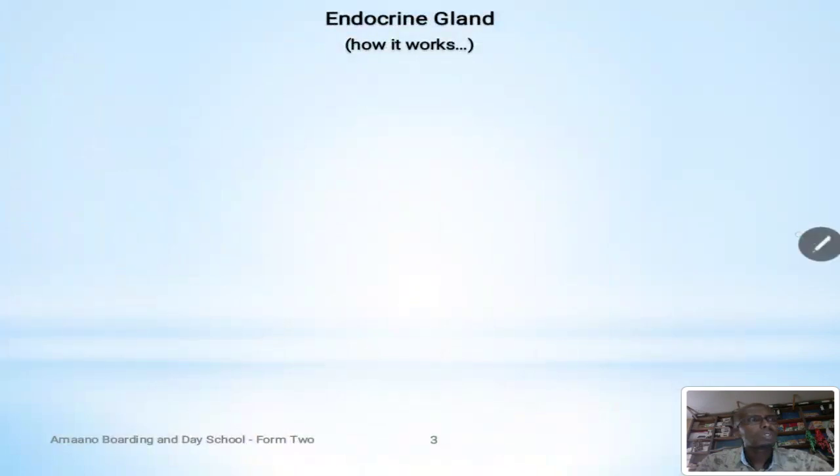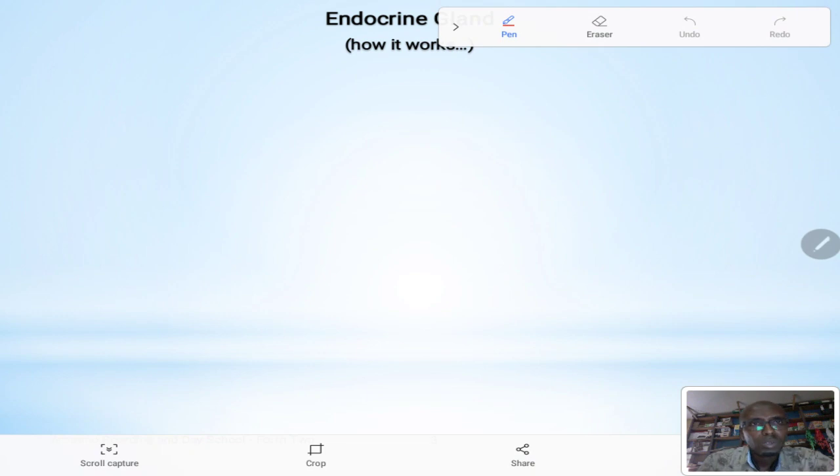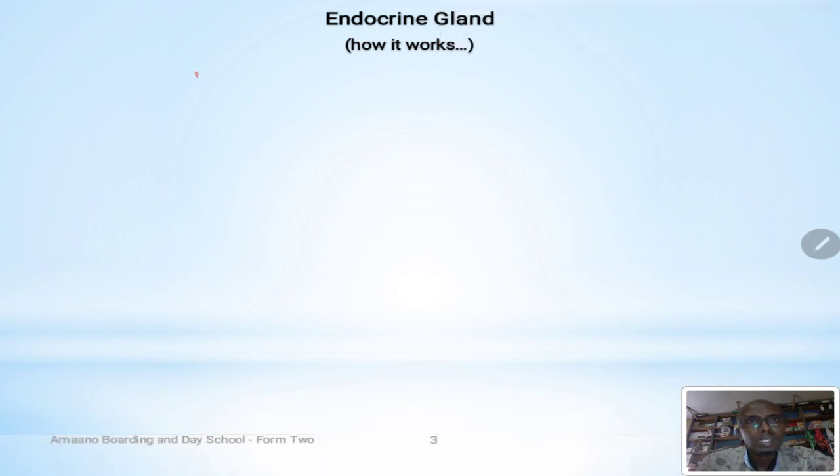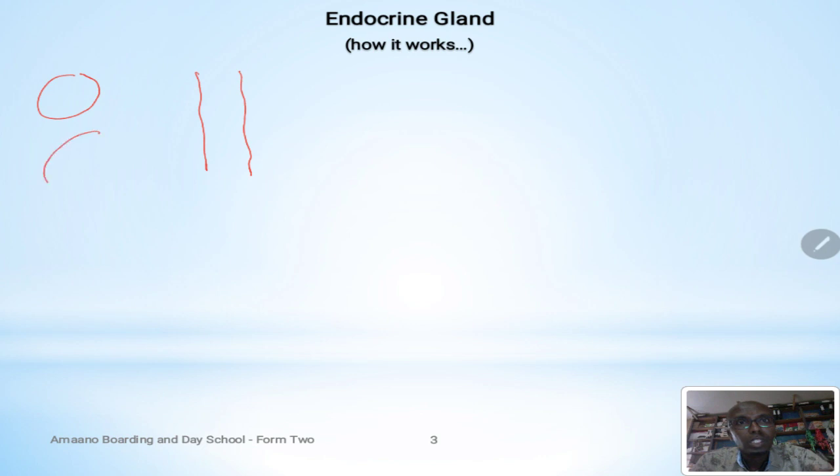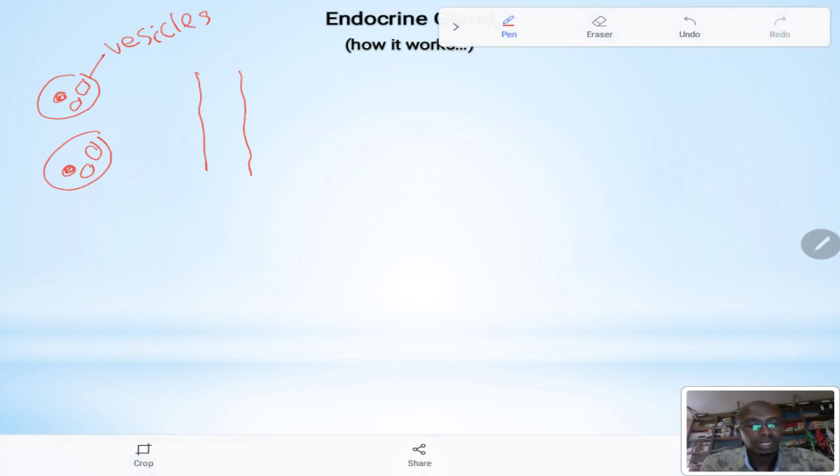If we look at the endocrine gland and how it works, the endocrine gland has abundant blood vessels that go through it, and each endocrine cell has a nucleus and small structures called secretory vesicles, which produce the product. Whatever product the endocrine gland is producing